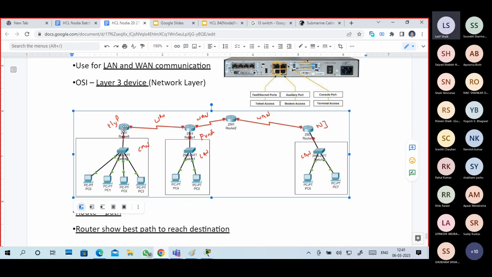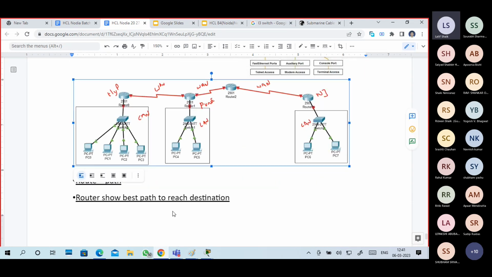The router understands what my destination is and forwards the packets towards the destination, and the packet travels and reaches it. When this one wants to reply, it goes back to this router, which again tells how to reach the destination. The router is a layer 3 device.